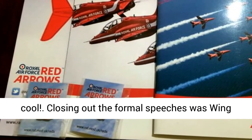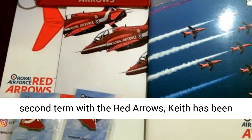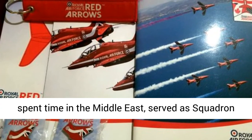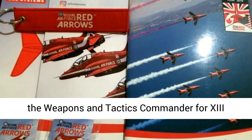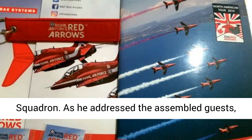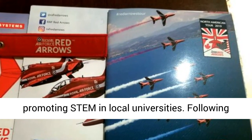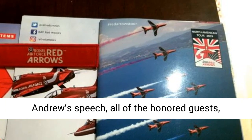Closing out the formal speeches was Wing Commander Andrew Keith. Nearing the end of his second term with the Red Arrows, Keith has been with the RAF since 2001. Between 2009 and 2017, he spent time in the Middle East, served as squadron leader of 83 Expeditionary Air Wing, and served as the weapons and tactics commander for Shi Squadron. As he addressed the assembled guests, Keith spoke about the future development of human capital in aviation and the importance of promoting STEM in local universities. Following Andrew's speech, all of the honored guests, pilots, and media